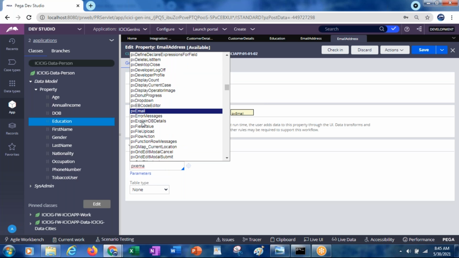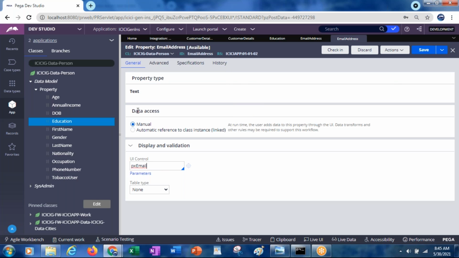Okay, so we have some PRPC default control, PX email. It will validate it. It should be in the email format only like that.